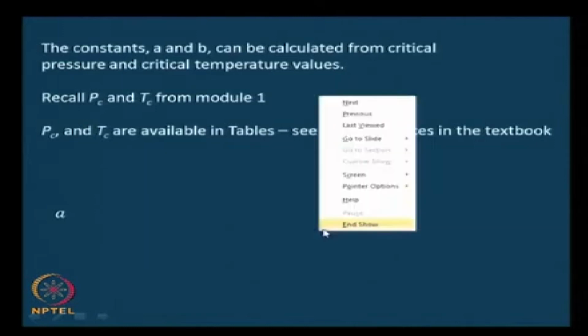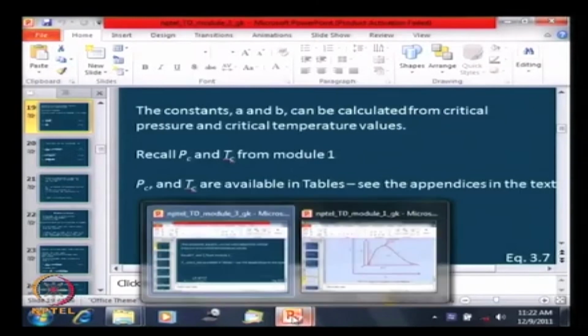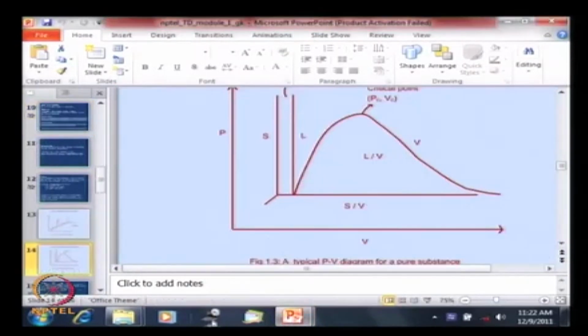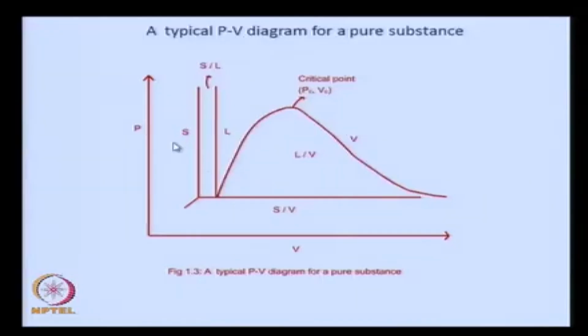Okay, this might be worthwhile, so let me go here and recall our PV diagram. PV, the variation between pressure and specific volume for a pure substance. Let us focus on this curve alone. There are very many parts to this diagram. In other words, these are pressure specific volume combinations where the different phases exist. We said under this dome you have the saturated phase, which is a mixture of liquid and vapor, and the